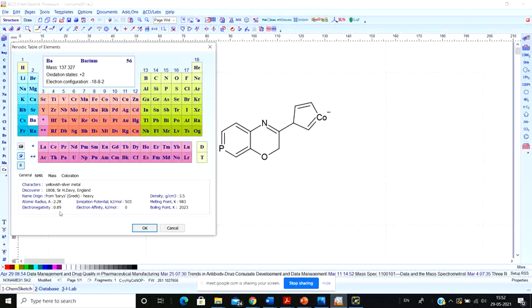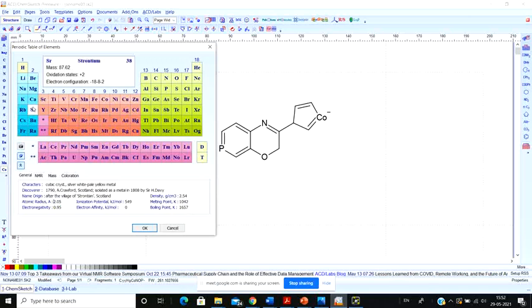Now suppose if I use barium, the atomic radius of barium is 2.28. Now that is too high. Now suppose that particular groove has a radius of only 1.75 angstrom, rather than 3.5, let's think that that particular groove has a radius of 1.75 angstrom. Now if I use a group like barium, will that particular molecule fit there? Of course not, because the radius is 2.28. I have to select any group or atom that can fit into that particular groove, so it must have a value lesser than 1.75.